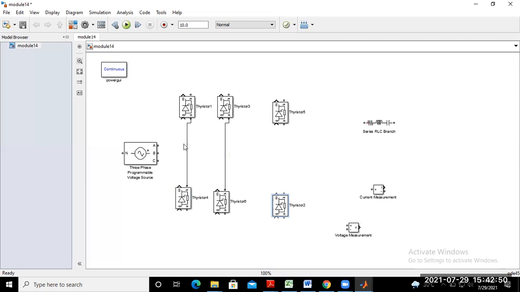Any more blocks we require here, or is it sufficient for our circuit design? Rahul? So just connect from this to this.